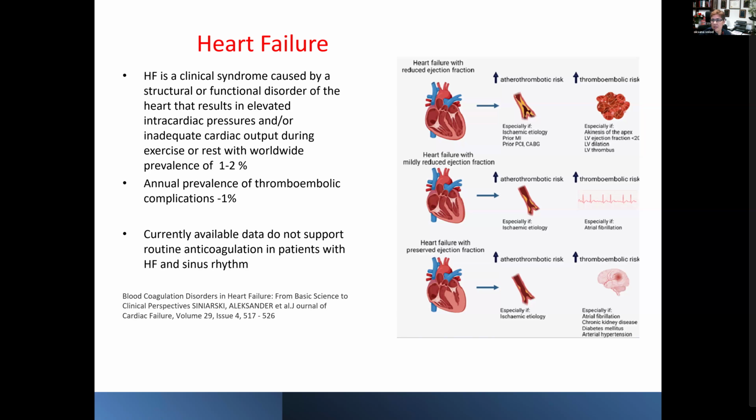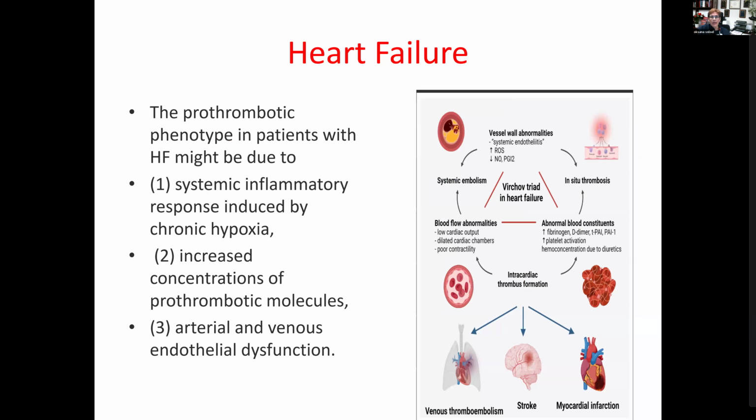Unfortunately, the currently available data do not support routine anticoagulation of those patients unless they do have atrial fibrillation. But as you can see, patients with heart failure, either with reduced ejection fraction or preserved ejection fraction, are at risk of atherothrombotic as well as thromboembolic events that lead to strokes and pulmonary embolism. And the current thinking is that the phenotype may be due to, we still use Virchow's triad in